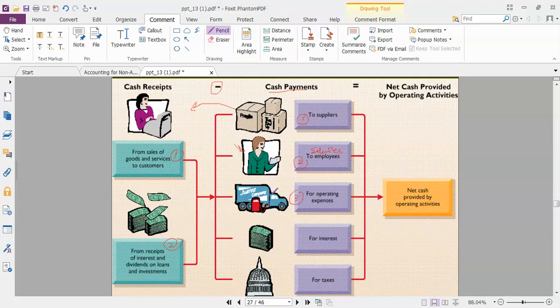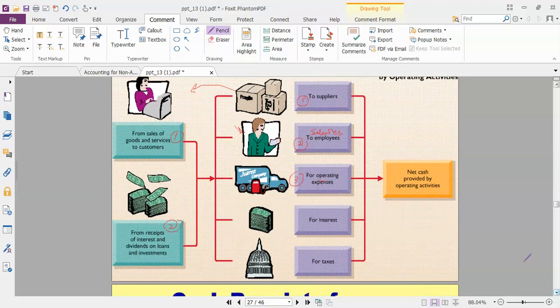For example, you want to deliver the goods that you bought to the customer, so you have delivery expenses, which are included in the operating expenses. The fourth one is interest. Instead of the interest you receive, you must also pay interest. The company must pay interest if there is a liability,